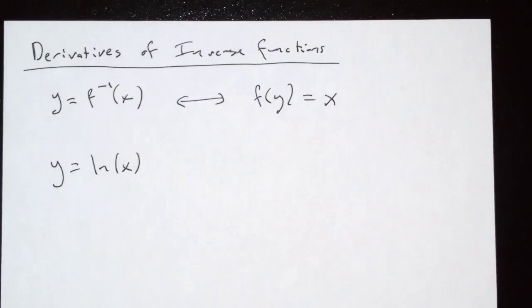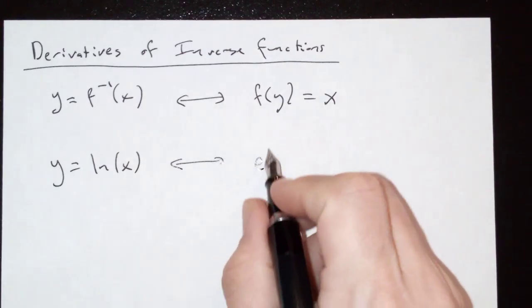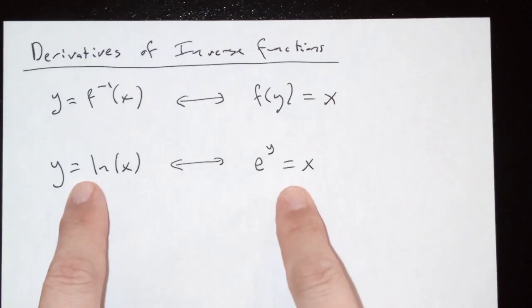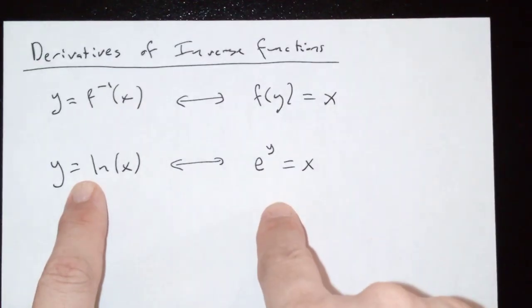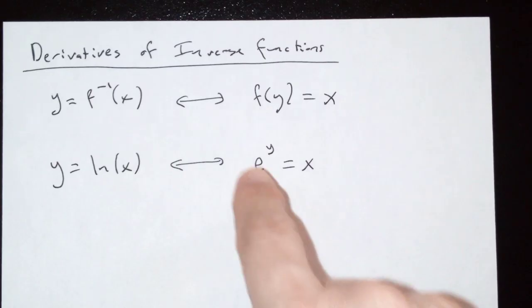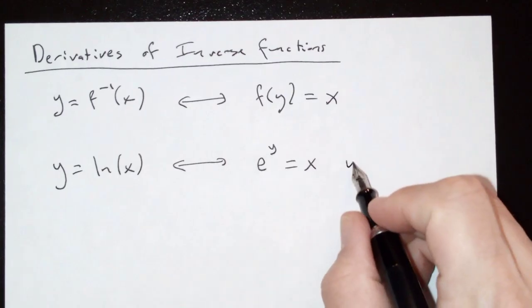Is it e? It is e. So what I would end up rewriting is that e to the y is equal to x. Now, I don't know how to take the derivative of the logarithm, but I do know how to take the derivative of an exponential. So if I think of that right-hand equation as representing the same y here, I can take the derivative this way, if I use yesterday's trick of implicit derivatives and using the chain rule on that e term. So if I now use implicit derivatives here,